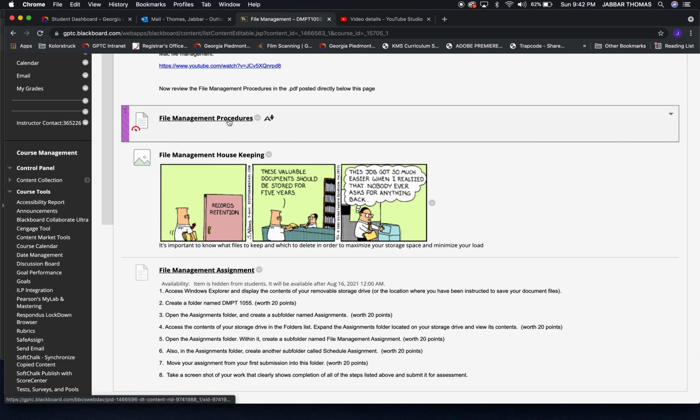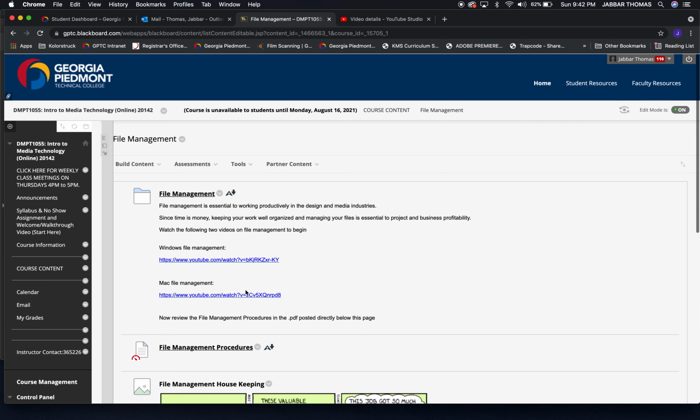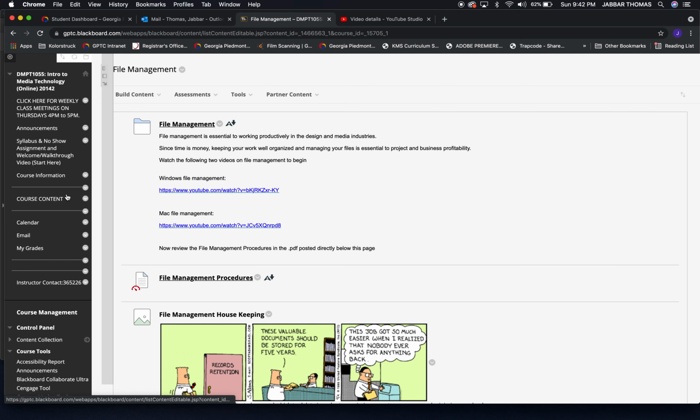That's also a file. That's a document that you have to read. You have to study. And then after you do all of that, we have an assignment. This is an assignment that you have to do where you show that you can manage files. You can create folders and folders within folders, and then you can structure your files so that they're organized and professional. And then you take a screenshot and turn in that screenshot. All right. So that's the file management